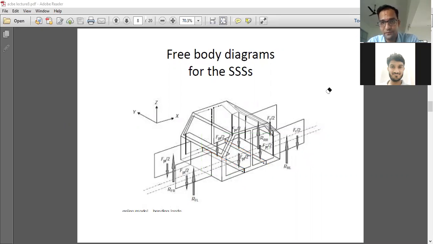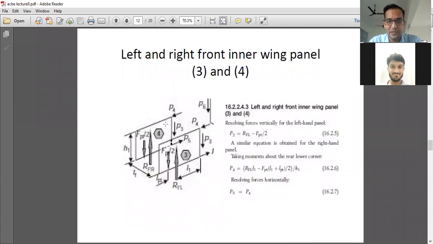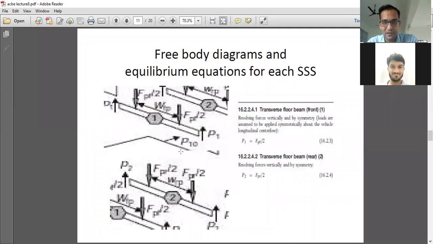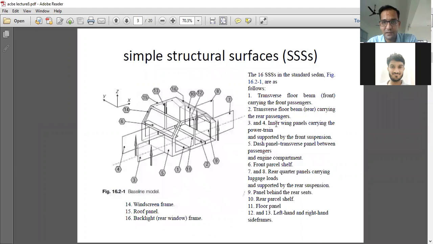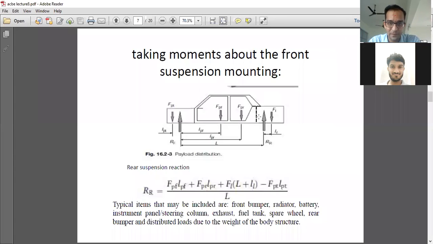Now I'll move ahead. So these are the first two components. Now if I am discussing 3 and 4, what are 3 and 4? Those are the front members on which powertrain loads are supported. So these are the components we need to see and understand. I hope you are clear about the concept. We are working on surface 3 and surface 4 and loading criteria for surface 3 and 4. So how exactly will the load distribution occur in this particular case?